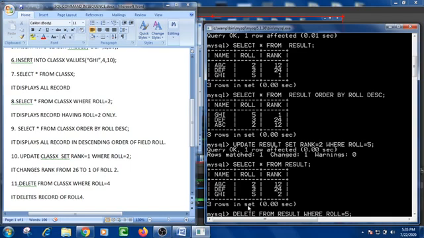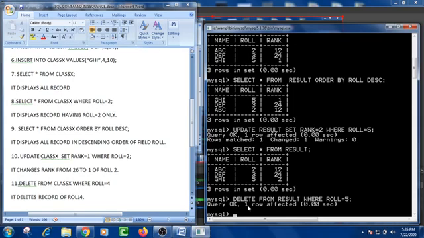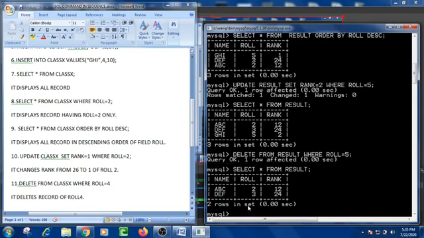Okay, one row affected, the message is displayed here. Now I am typing one more thing, to see whether it was deleted or not. For this I have to use the command select asterisk sign from result. Now you can see only two records are left. The record of the roll 5 was deleted. So that much thing is there.